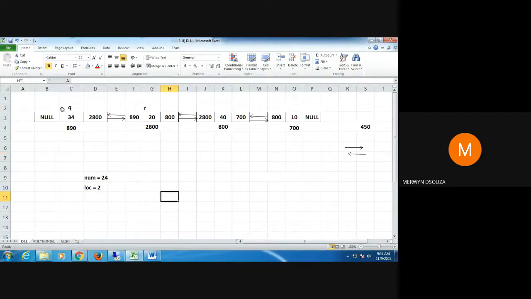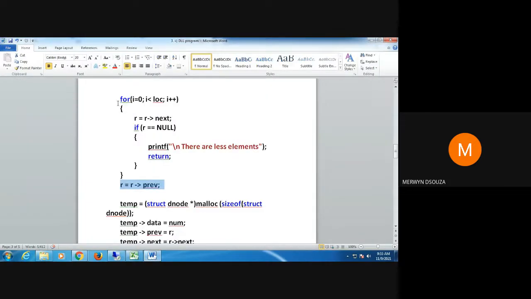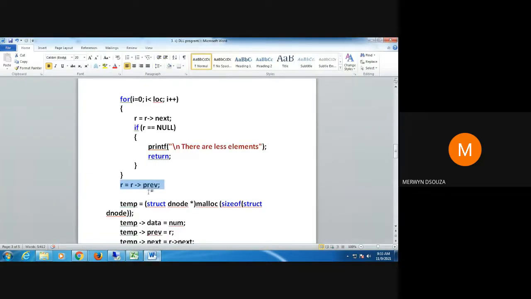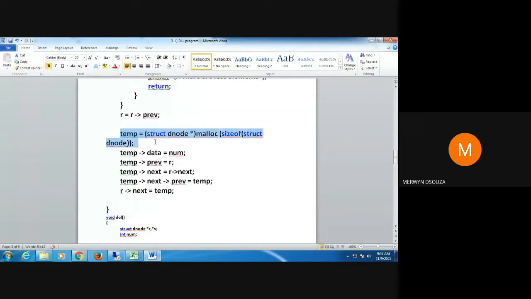So since I want to put the node after the second position, the moment this for loop terminates, I just use this line to shift R to the previous node. Okay, so R is here, and now I'm going to insert one new node here. Let's see how to do that. So I allocate memory for a new node.